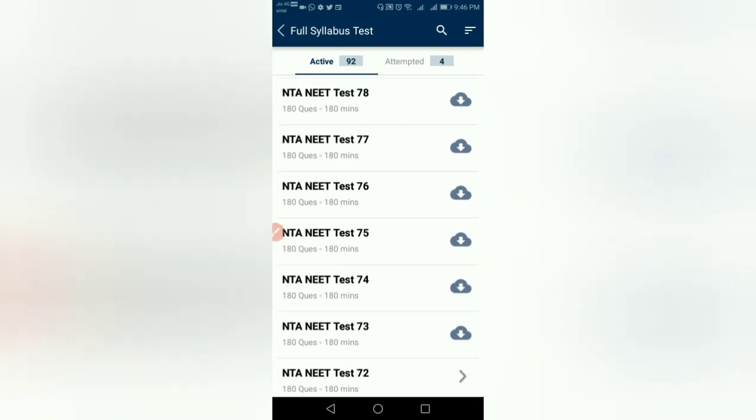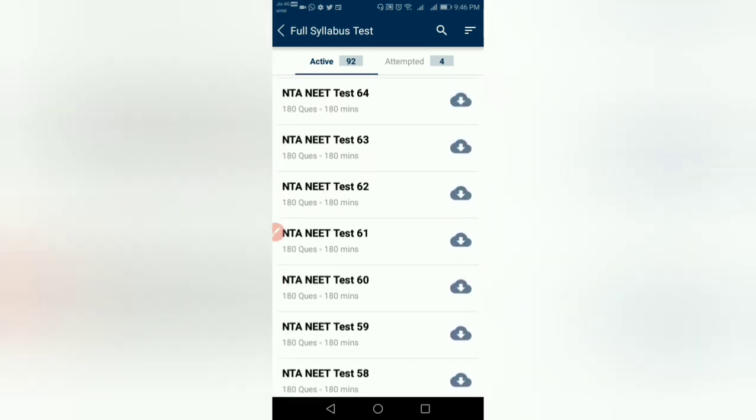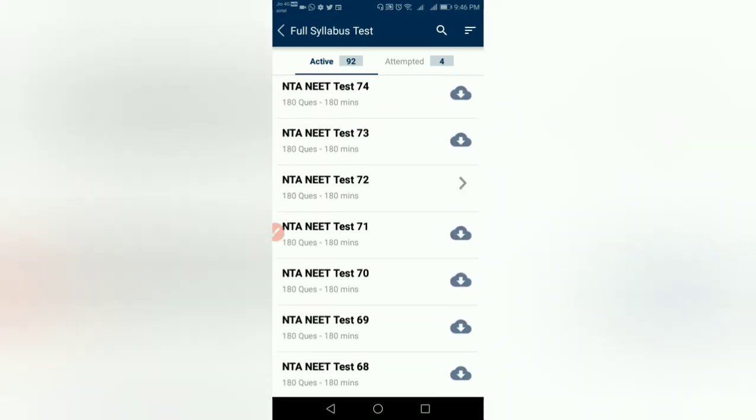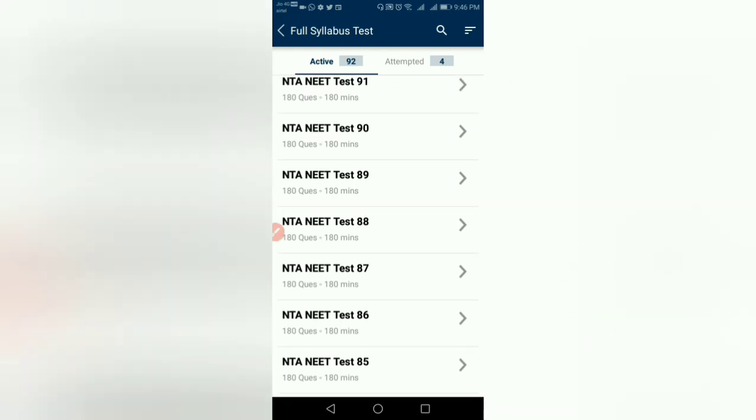But after that, my observation is that from the 40th, 60, 80, 90, whatever question papers they are uploading nowadays, they are definitely putting in some good questions, with some previous year questions and some very good concept-wise questions.